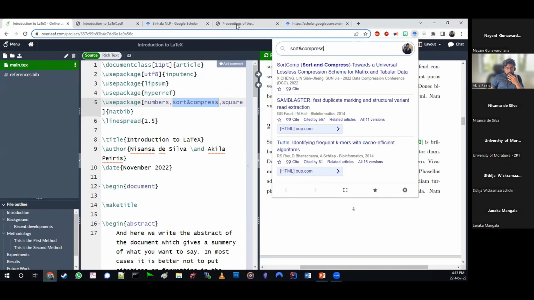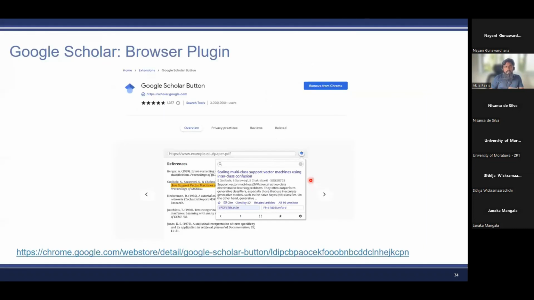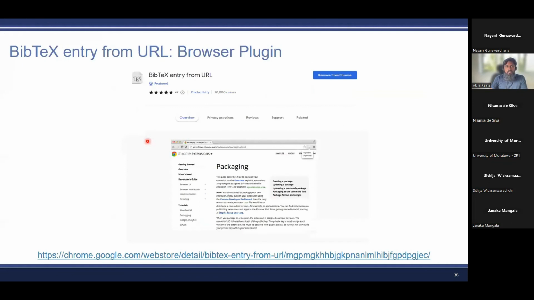And if you have something like a paper which was not there and you want to cite it and get the citation, you can add this BibTeX from URL, which will create a BibTeX entry from any URL. So I'm not going to get into those because obviously it is tangential, but I added it so that your life would be easier when you are citing things.